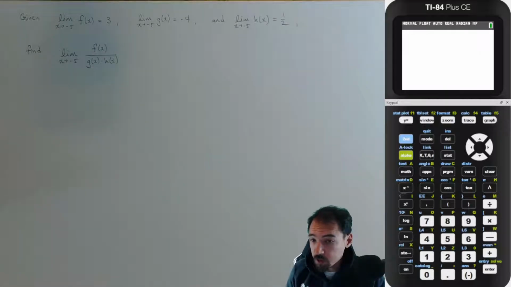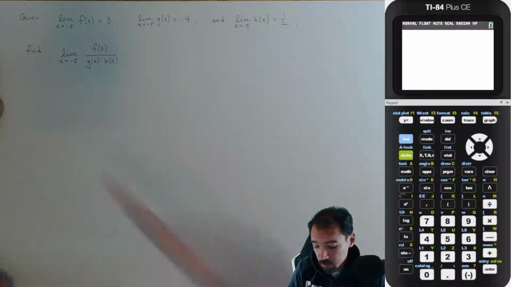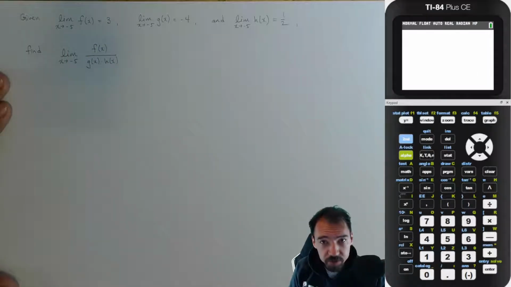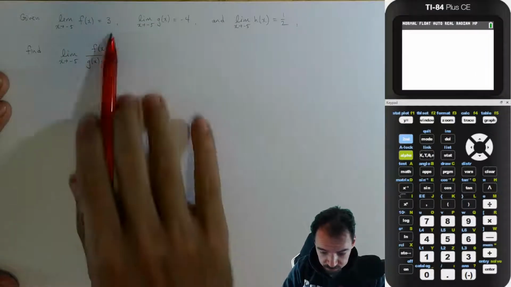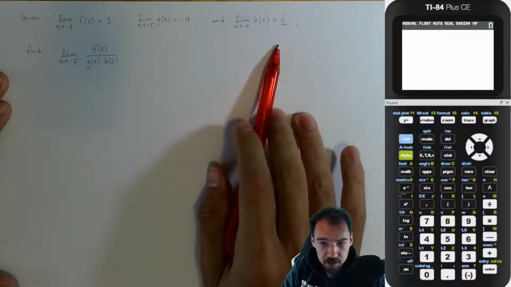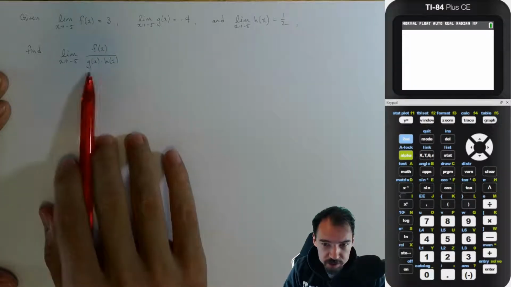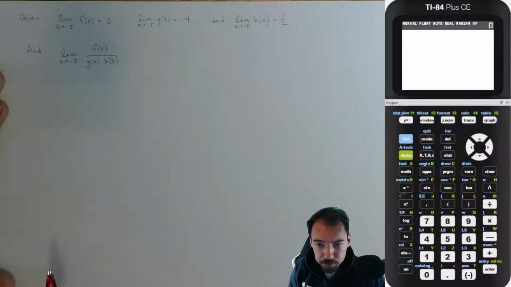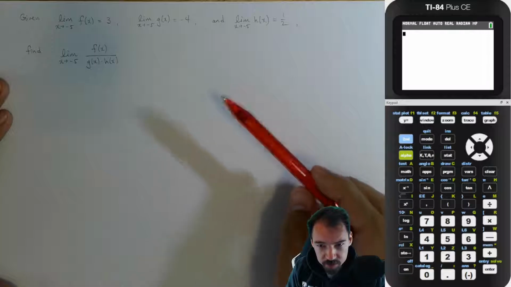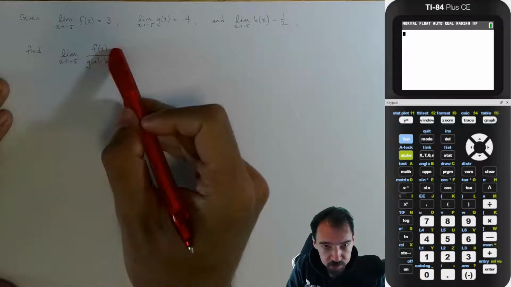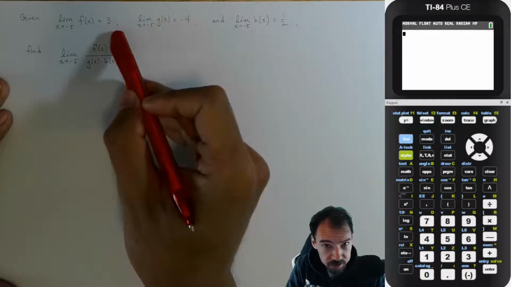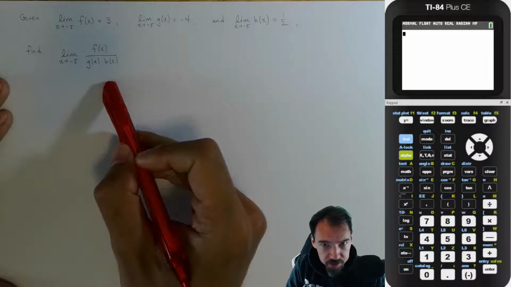Maybe some quick examples before we go. So we've got 3 given limits. They all exist because we have values for them. And we would like to find the limit of this quotient that has a product in the denominator. Okay. So the logic is, in order for us to proceed, we need to make sure that the limit of the numerator exists. Okay, it does. And the limit of the denominator exists and is not 0,